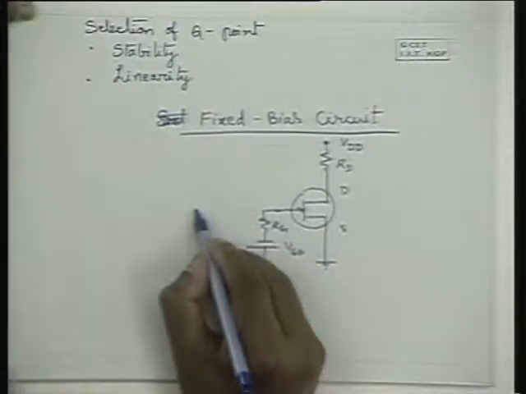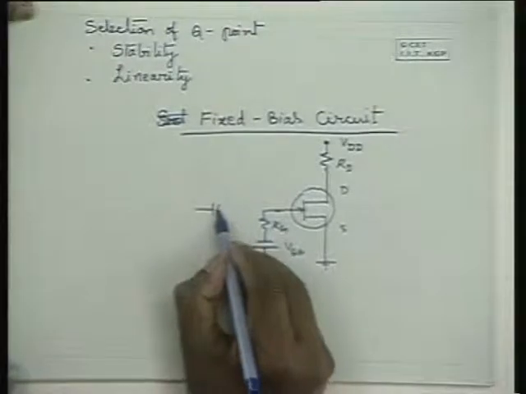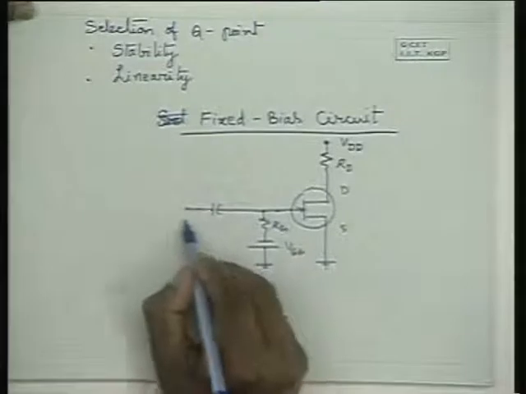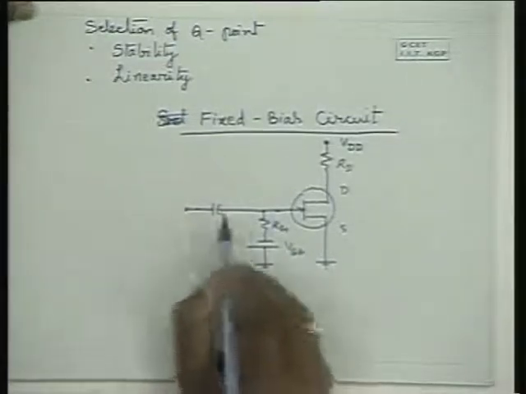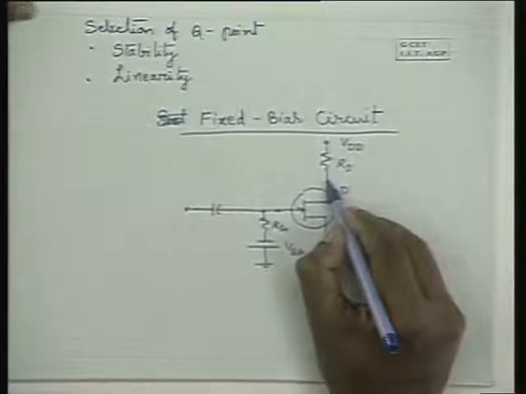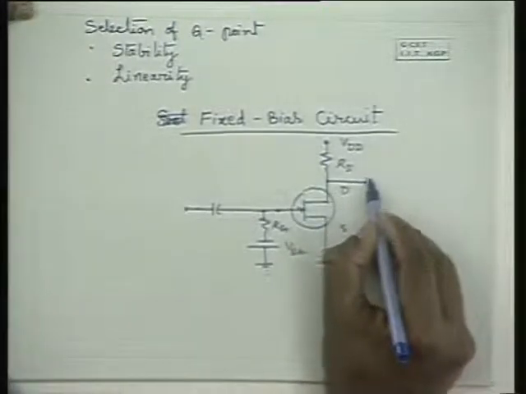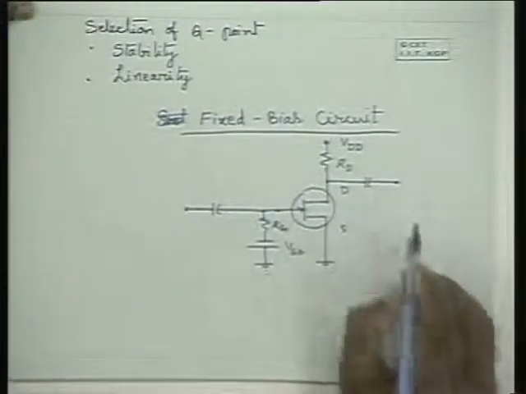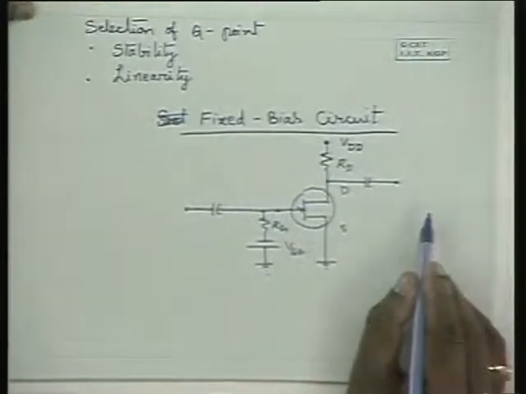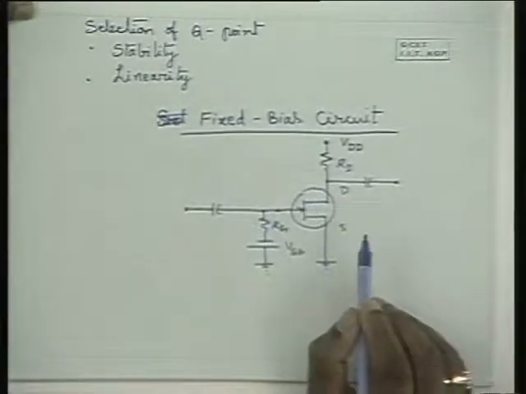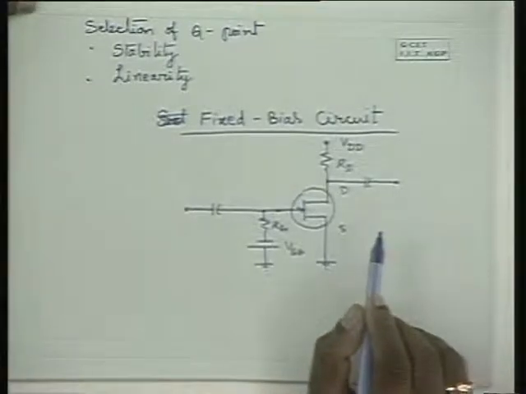So we need coupling capacitors to isolate the DC on this side from the DC value of the source on this side. So we use coupling capacitors on the input side to apply the input signal here, and we use coupling capacitors on the output side also, to take only the AC signal across it while blocking the DC simultaneously. So the objective of the coupling capacitors is to isolate the DC on either side, because for DC voltages